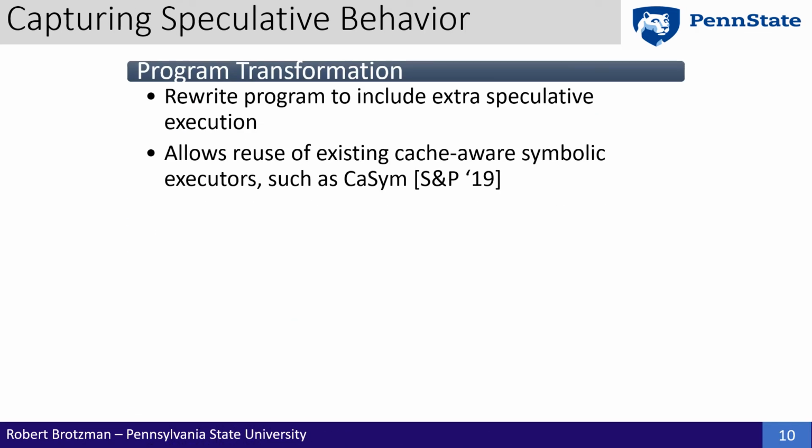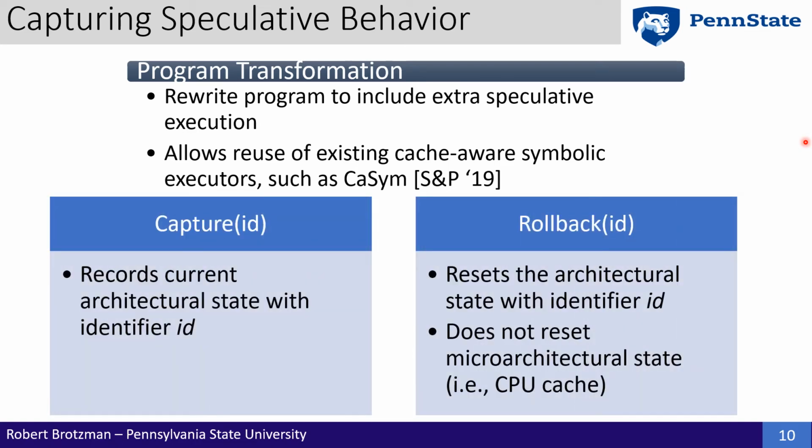Now we'll take a look at how we can capture speculative execution. We propose doing this using program transformation, and we do this by rewriting the program to include the additional code that will be executed during speculative execution. This allows us to reuse symbolic execution engines such as CASM that are cache aware. In order to create this program transformation, we need to introduce 2 new commands, one for capturing the current architectural state, and the other to roll back the architectural state